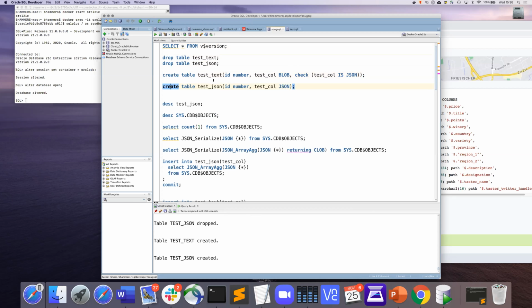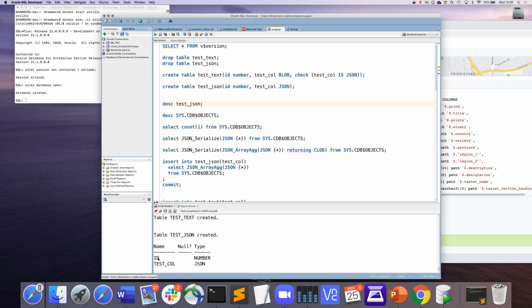And I also want to try out this new JSON data type. So all I do is I say this column is a JSON. Now, if I describe it, you see the test column is JSON, and this is really using a binary storage. So it doesn't need the text parsing, and it is optimized for faster queries and also for updates, to minimize the logs during updates.